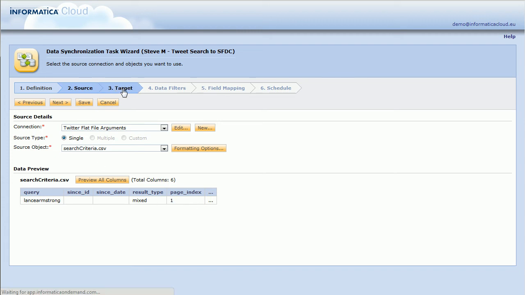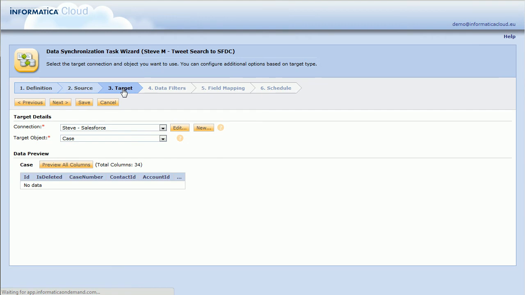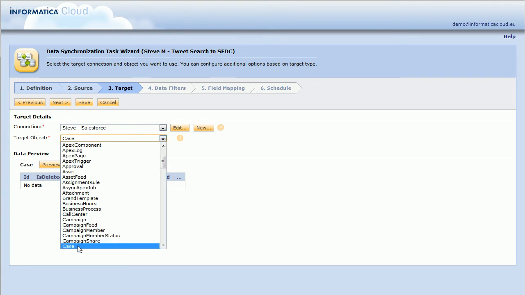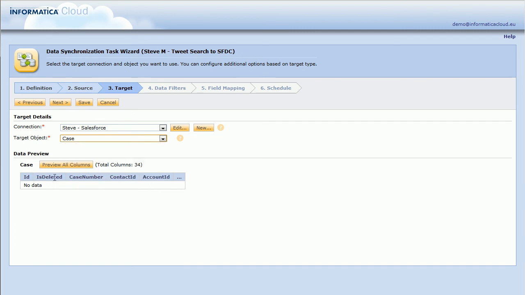So the third step, I need to decide where that data is actually going to go. We want the results from this Twitter search to go into Salesforce.com as a case object. So I've connected into my Salesforce account. I've then chosen the case object inside Salesforce. And currently there are no cases in there, so we're going to populate that and see how easily we can